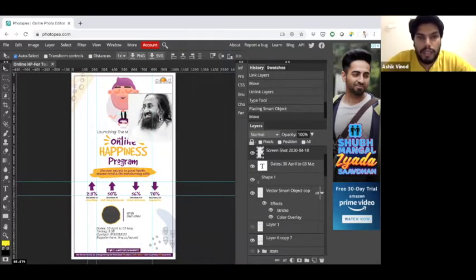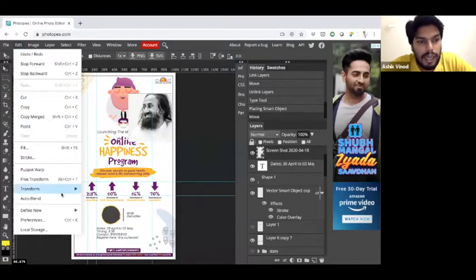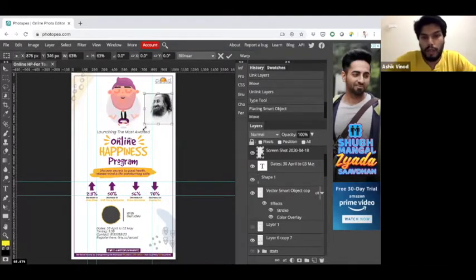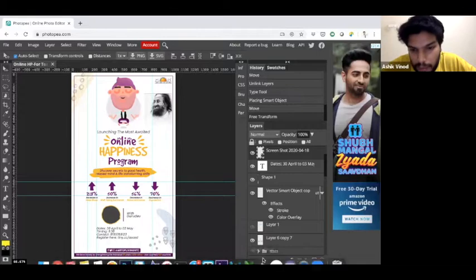Now I want to come to the next functionality, which is the scaling option. How to scale an image in Photoshop: here there is an Edit button, Transform, Scale. Now make sure you press the shift button while scaling up or down. If you don't press shift, it will elongate without any proportion. So when you scale, make sure you press the shift button and then scale up or down. All right. Once you have scaled, you have to click enter. I've pressed enter now.